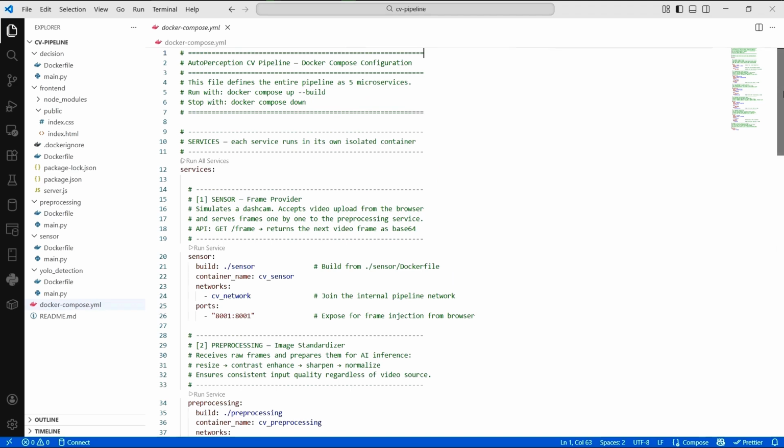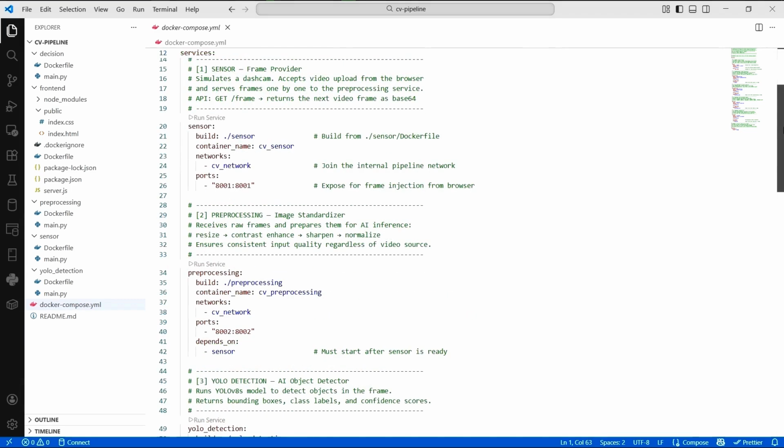Docker reads the Dockerfile in that folder and builds the image from it. The port field maps a port on my laptop to a port inside the container. So 8001:8001 means if I hit localhost:8001, it goes to the sensor container.